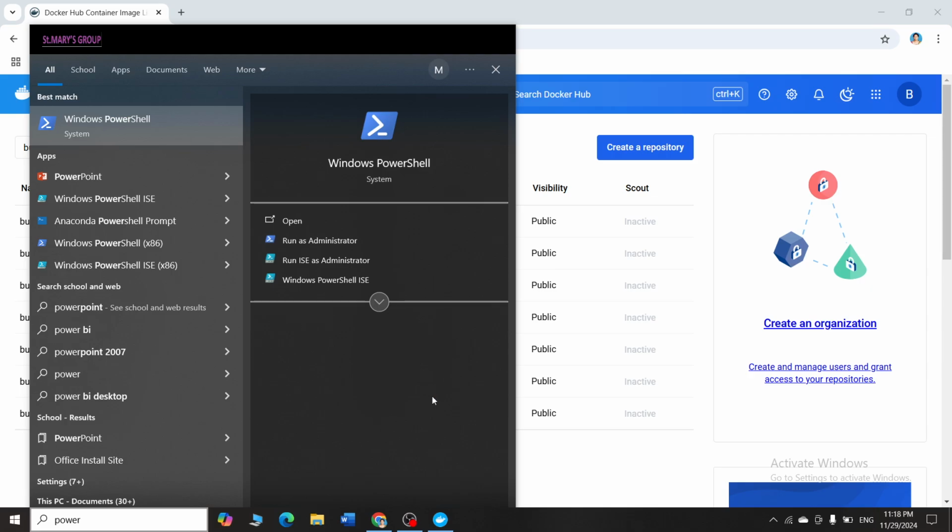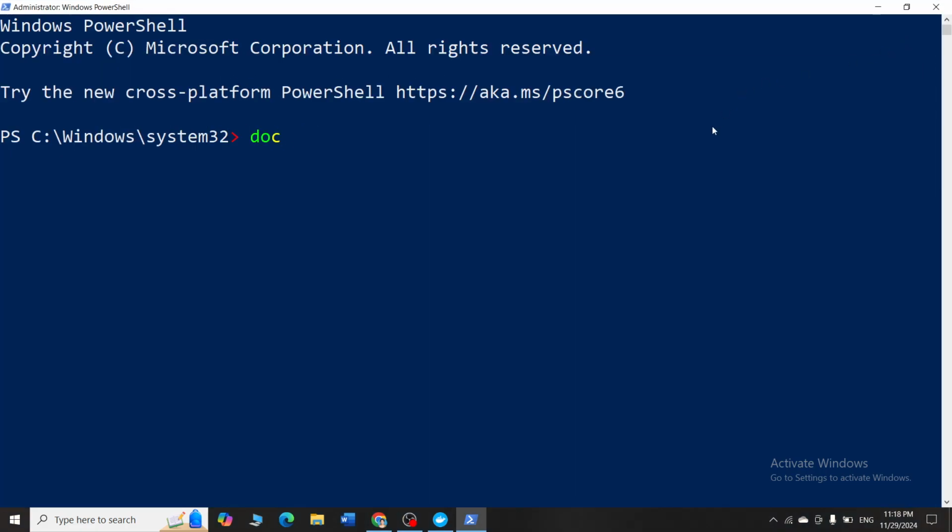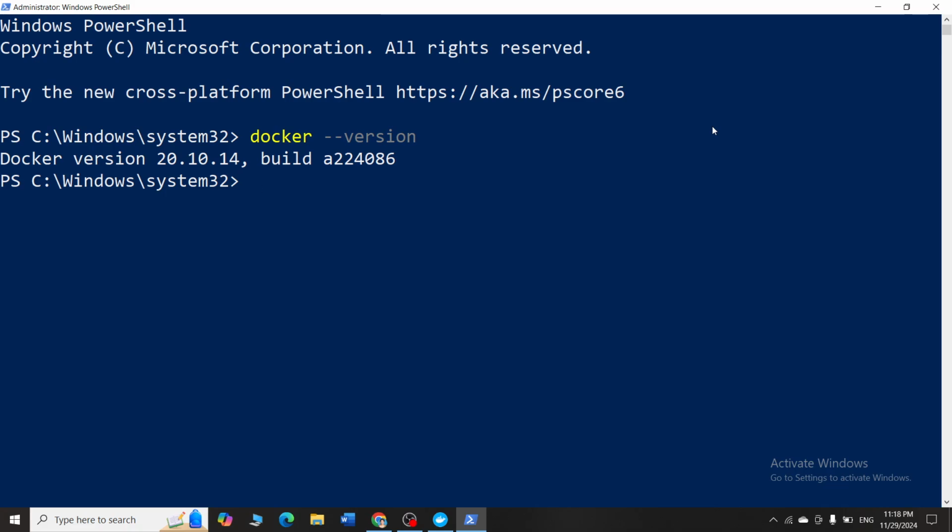Now we shall start with the basic commands, one after the other. The first command we shall be learning about is docker version. By typing this command, you will check if Docker is successfully installed or not. After you have checked that your Docker is installed, the next thing you will check is whether Docker is actually working properly. When will I know if my Docker is working properly? When it is successfully pulling an image and running it as a container.